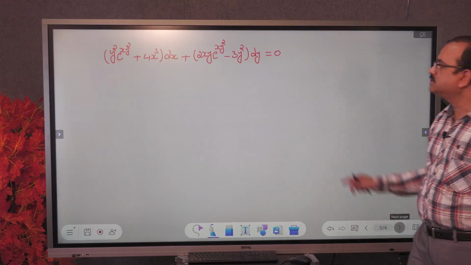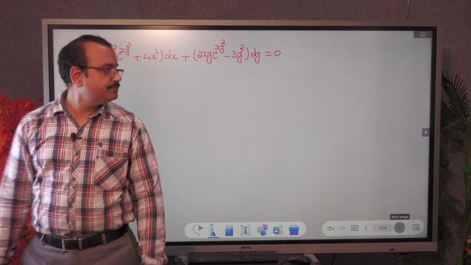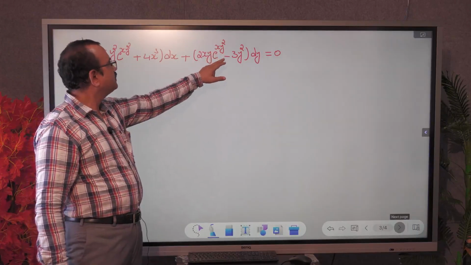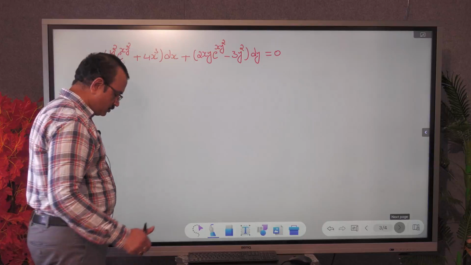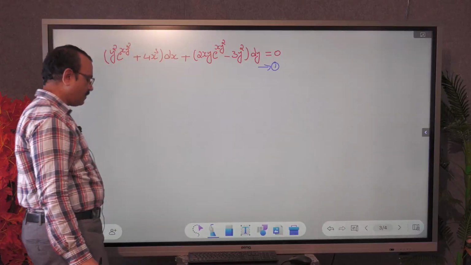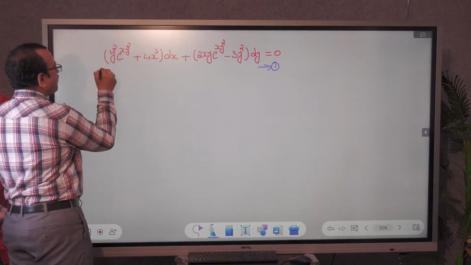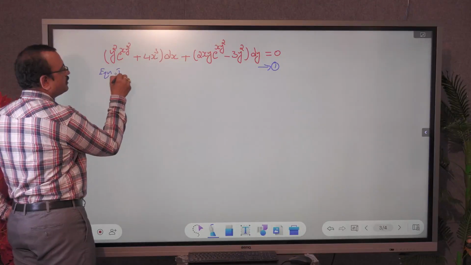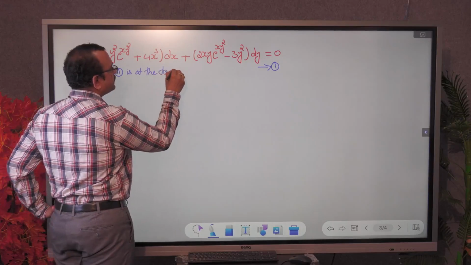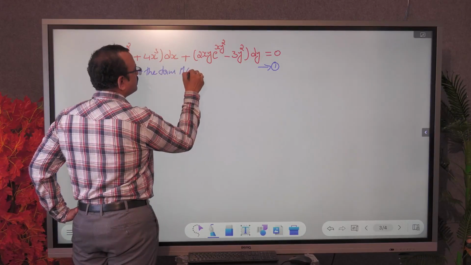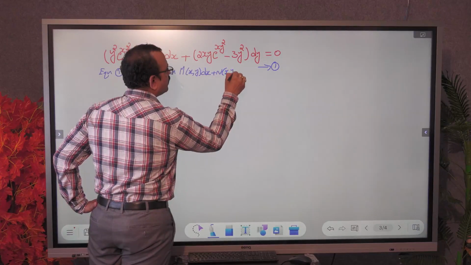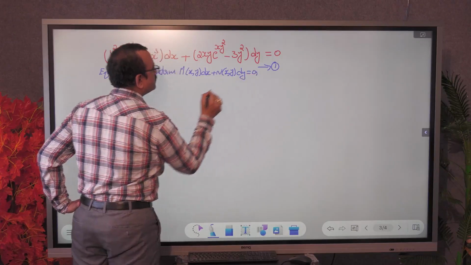Okay, so here the problem is something like this: (y square into e power xy square plus 4x cube) dx plus (2xy into e power xy square minus 3y square) dy equals 0. Let me take this problem as equation 1. So let us follow the procedure. Once again, equation 1 is of the form M dx plus N dy is equal to 0, where,